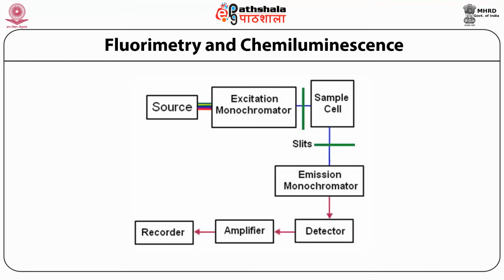This is the schematic representation of the working of fluorimetry. Here, the source of fluorescent light is transferred to the monochromator, so that only the desired wavelength is passed through the sample cell. In the sample, the particles emit the fluorescent light, which is then transferred through the second monochromator to the detector, and then the detector identifies the concentration of the compound by using this emitted light. Then the amplifier amplifies the signal, and the recorder records the signal of the impurities present in a fluorimeter.